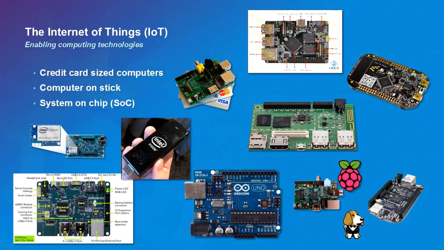We even see computer on a stick, like Intel's. Mostly this is used for your smart televisions. So you have Windows 10 on the stick. It costs about $100. You plug it into the HDMI port, it powers, and then you can use your television just as a Windows device or desktop.